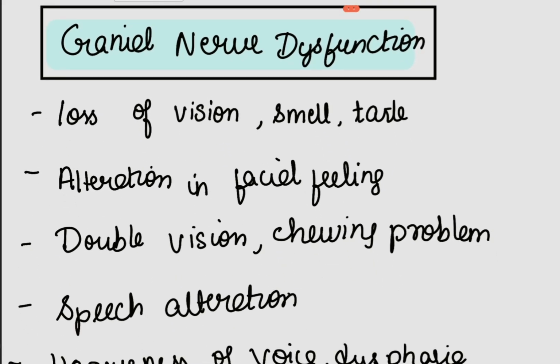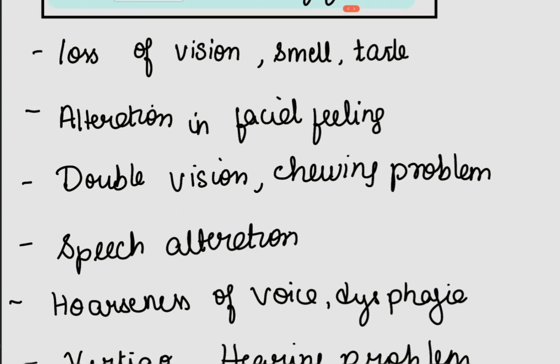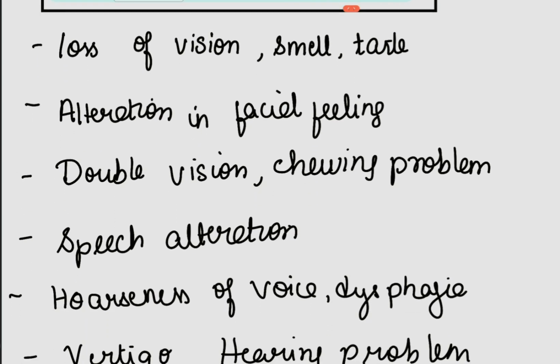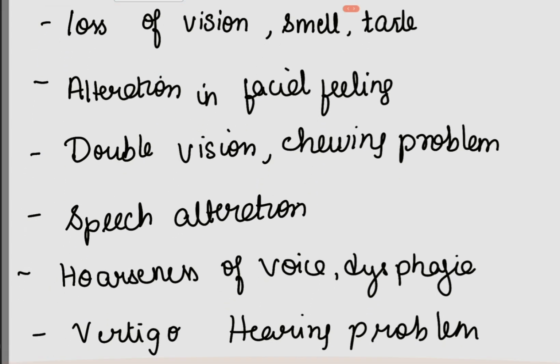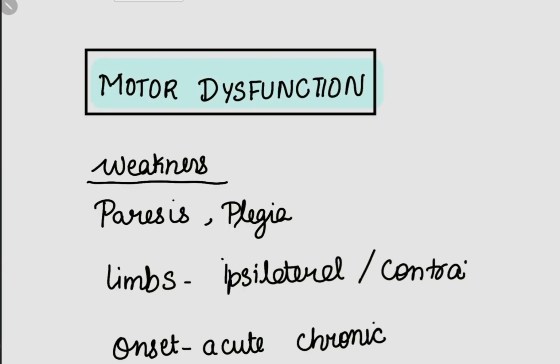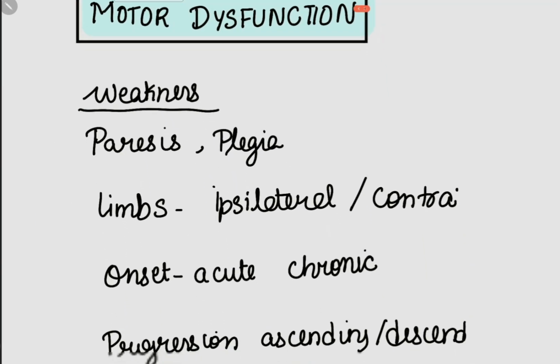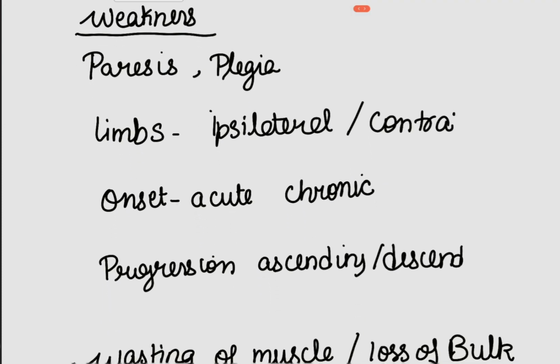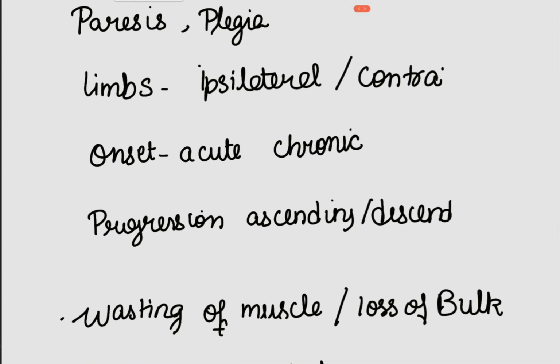Then we'll ask questions related to cranial nerve dysfunction, such as loss of vision, smell, taste, alteration in facial feeling, double vision, chewing problem, speech alteration, hoarseness of voice, dysphagia, vertigo, hearing problem. Then we'll move on to questions related to motor dysfunction, such as weakness, paralysis or plegia of limbs, was it ipsilateral